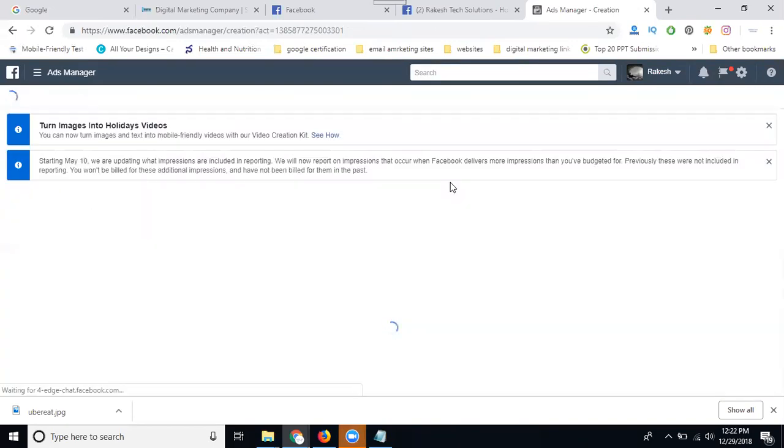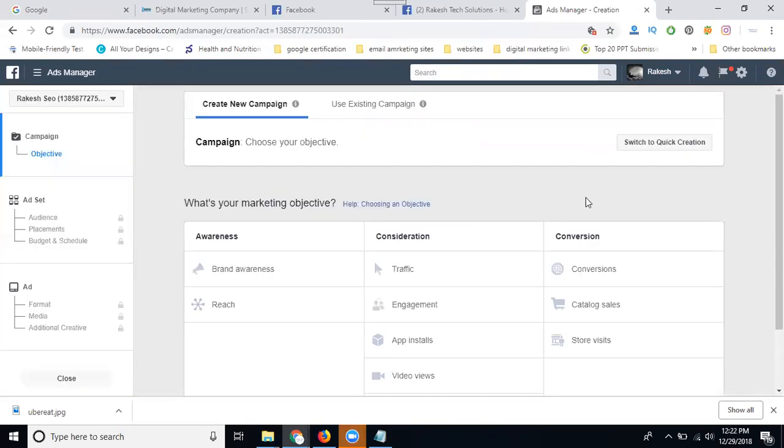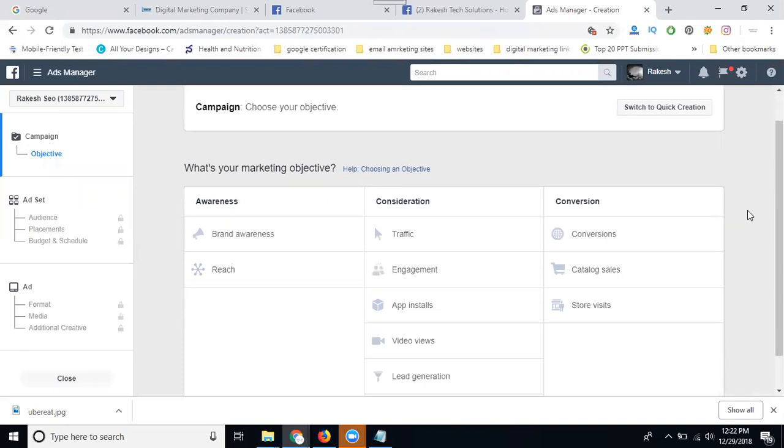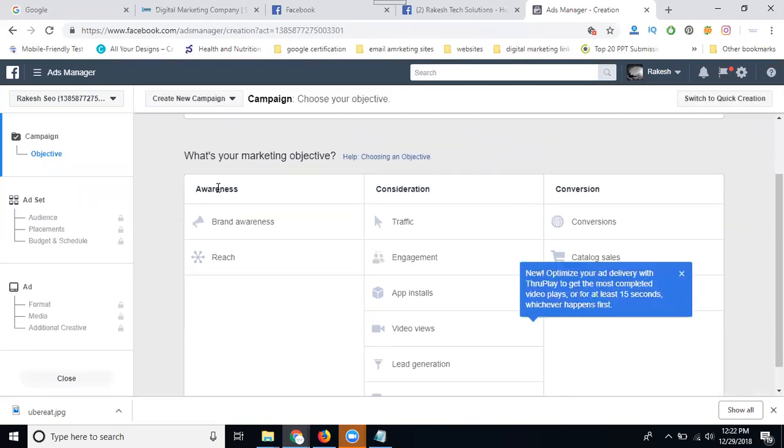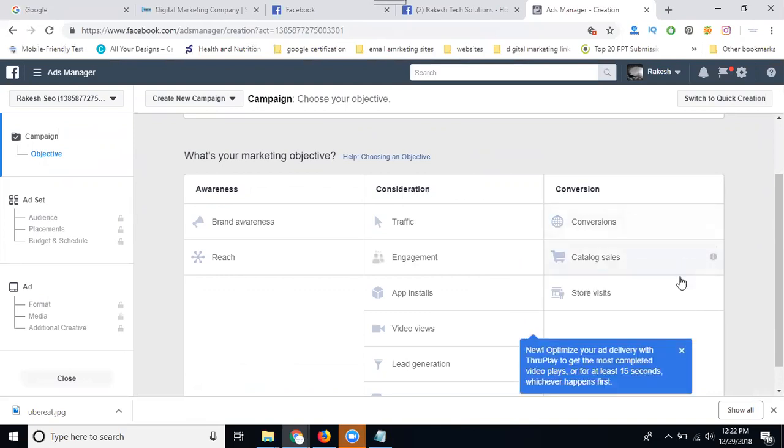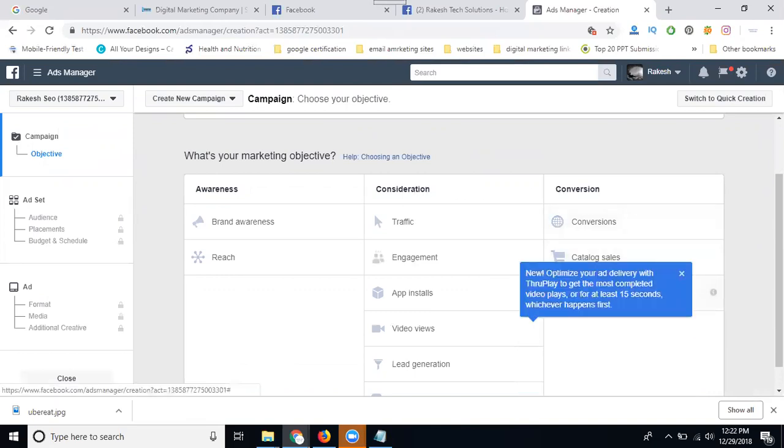I show the types of ads here. Please note down: there are three main categories of ads: awareness, consideration, and conversion. So my logic, website traffic, converts into consideration.